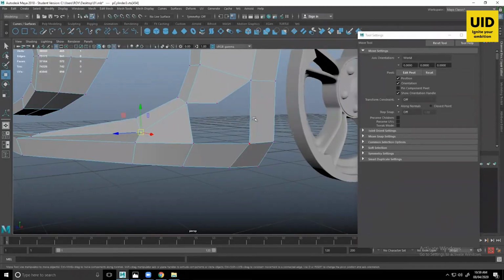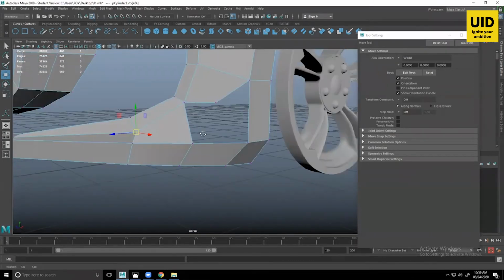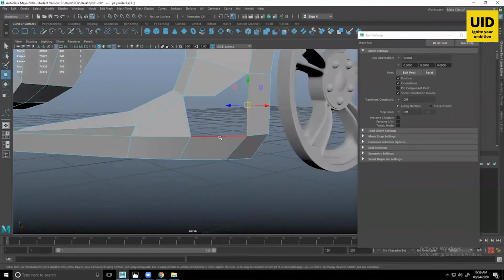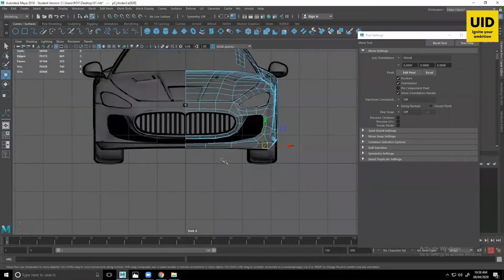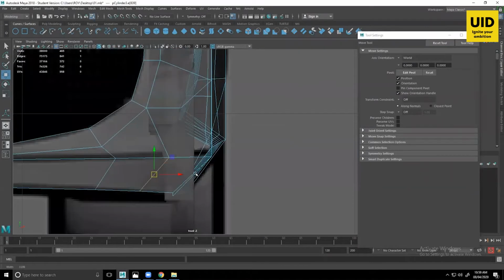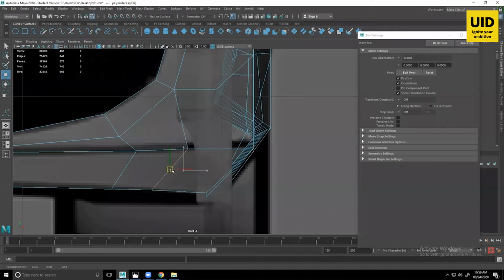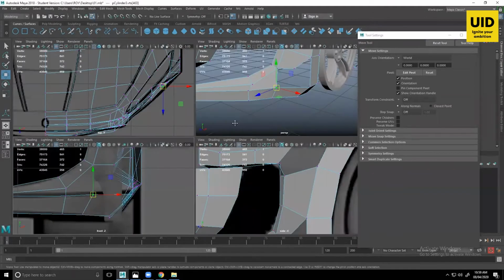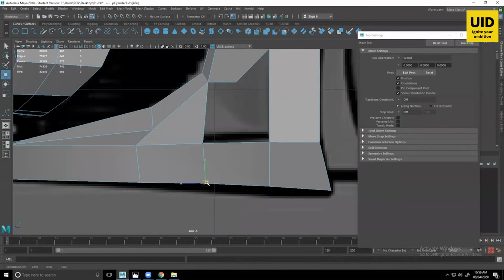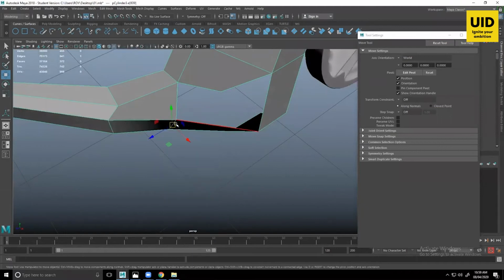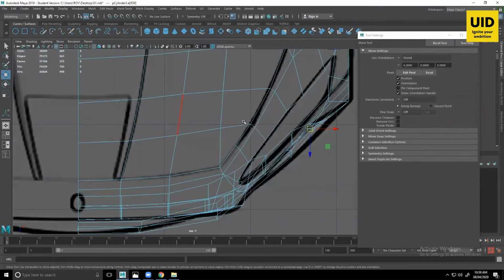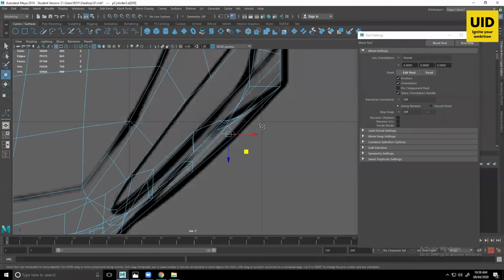If I drag one from here, I can drag one from here. Okay. So let's say we can add one more edge over here. So before that, I'll just do some spacing ताकि वहाँ पे मैं add कर सकूँ. Okay. So now what we can do is also maintain the curve.